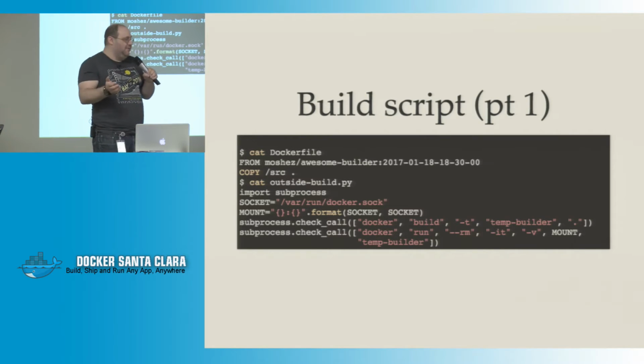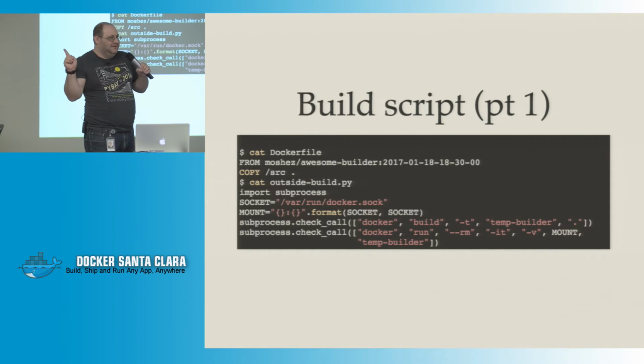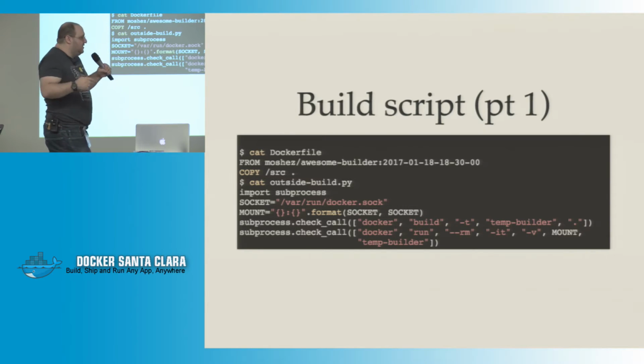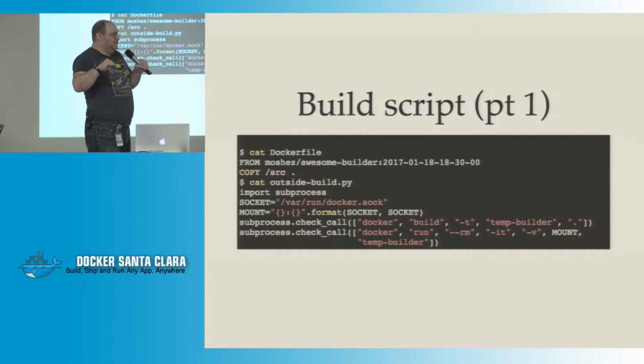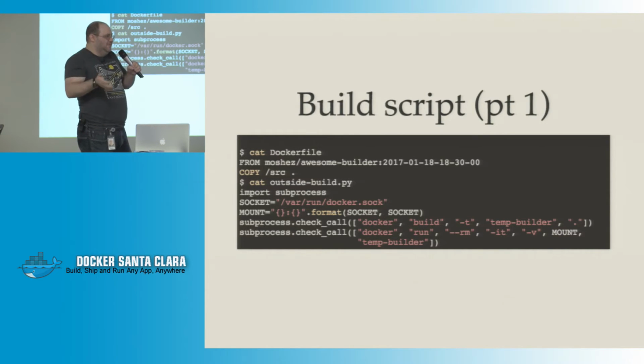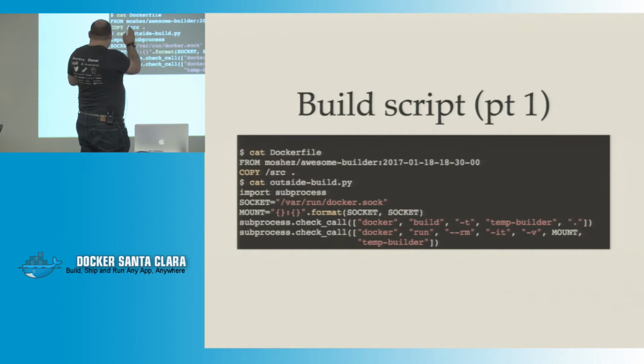So this is the script called outside build, right? There are 3 build scripts. Build, which we have already incarnated, builds the build container. Outside build runs the build container. And literally that's all it does. Again, this is the entire script. Later on I'll have inside build, which I'll make, well, I don't know what you're actually doing in build, maybe you're using Go, maybe you're using Java, but this script is literally the entire contents of the script. And the only interesting thing, well, I guess there are 2 interesting things about it, but the most important thing is that,